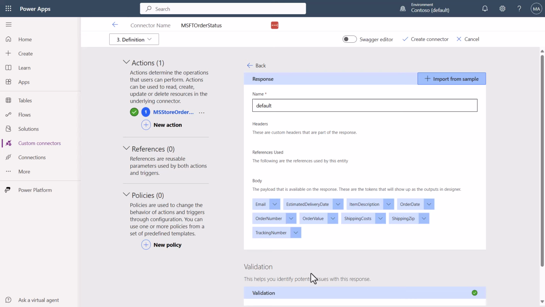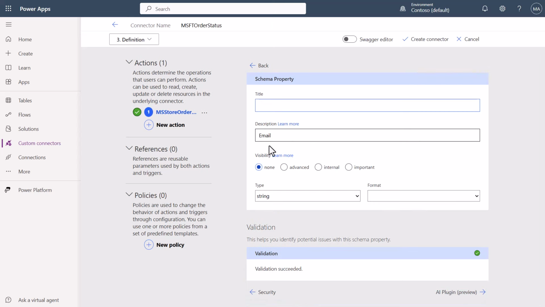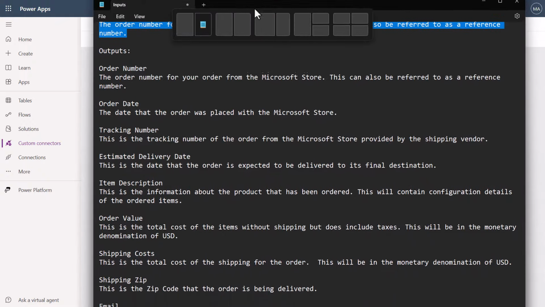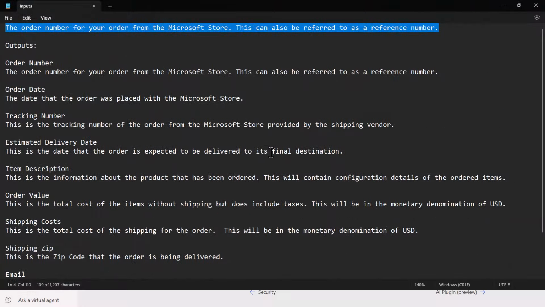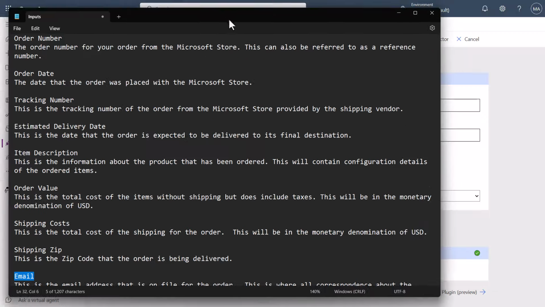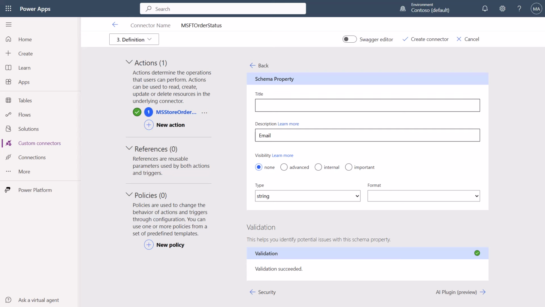And so what I'm going to do is I'm going to do one of these for you here so that you can see me do it, which is I click into email and say edit. And then I recommend that you do something like this. I have a text file that I've created that explains what each of these different items are. And you'll see in here that I've got a nice name for this, and then I have an explanation of this. I would prep before you go to this point and just make sure that you put these in